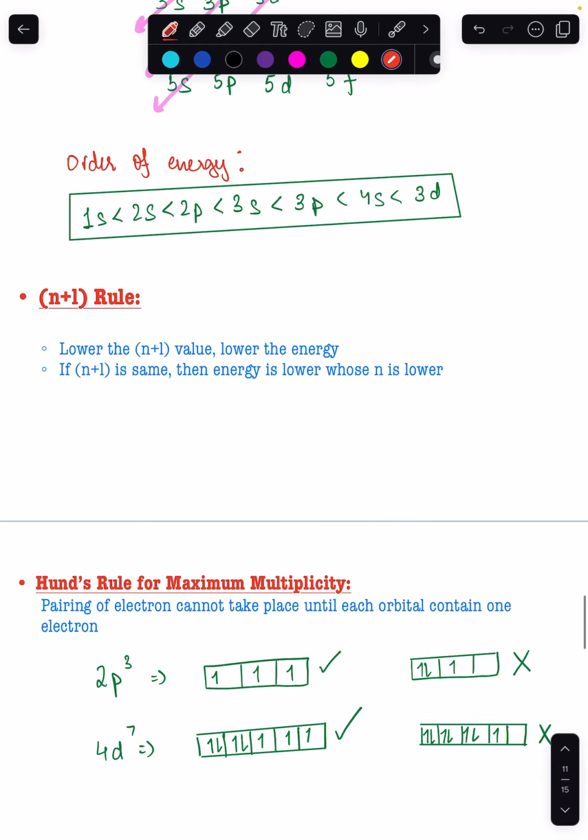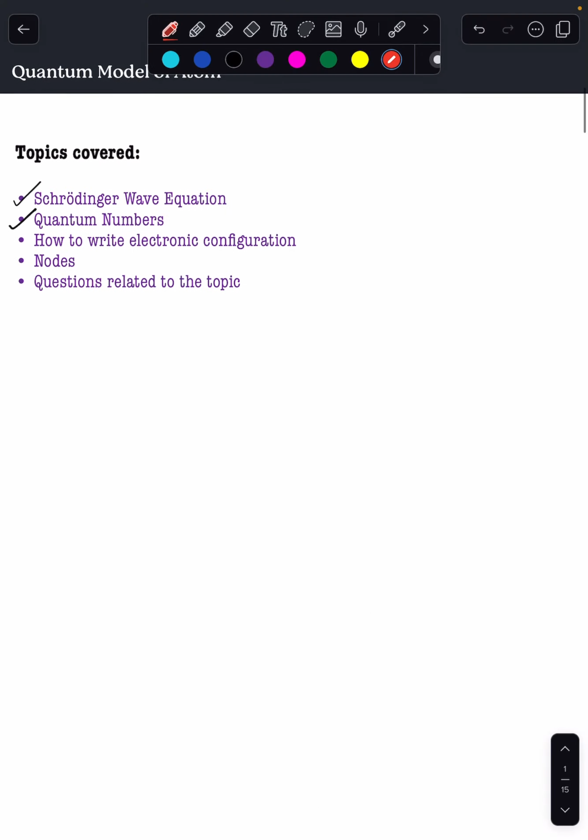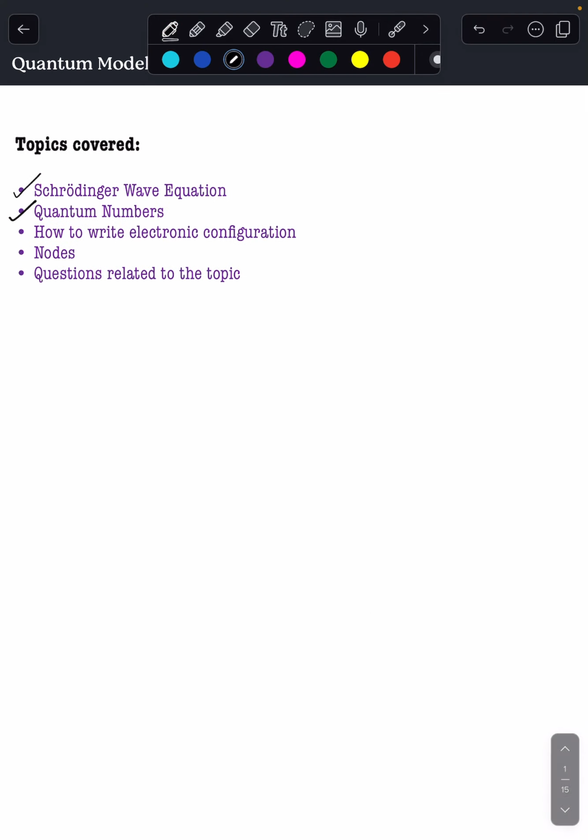So I think I covered it pretty well. If you have any doubts, you can ask me. You need to practice writing the electronic configuration of at least the first 20 elements to really grasp the topic. And if you have any doubts, you can always comment down below. So how to write electronic configuration, we have covered this. Now towards